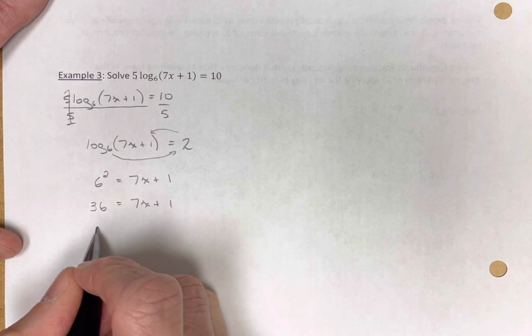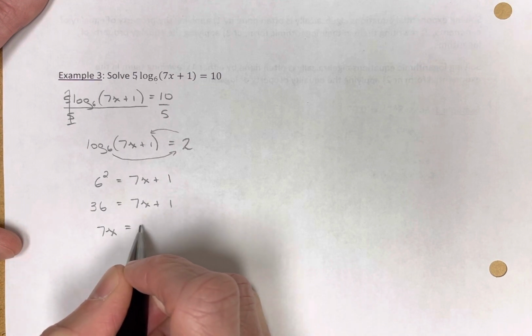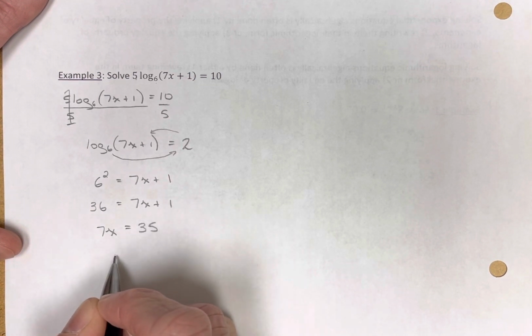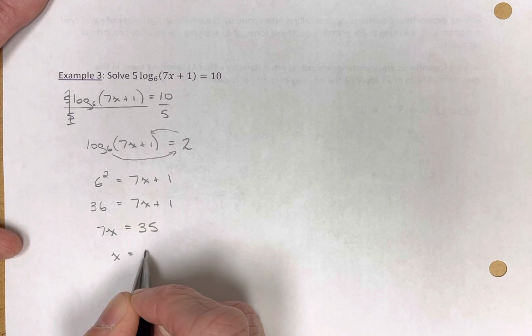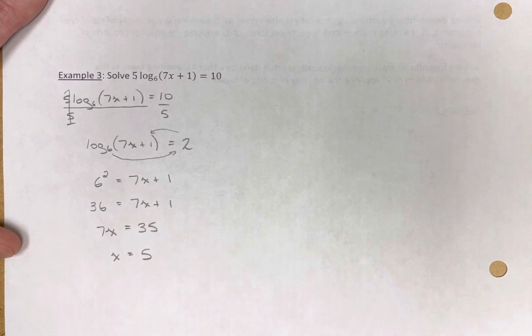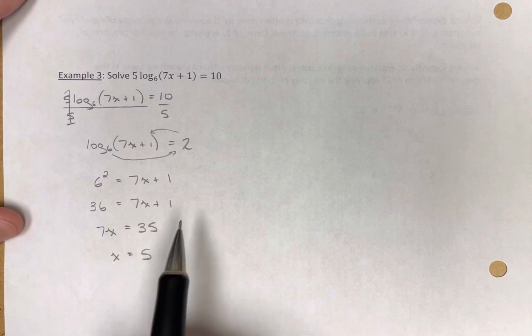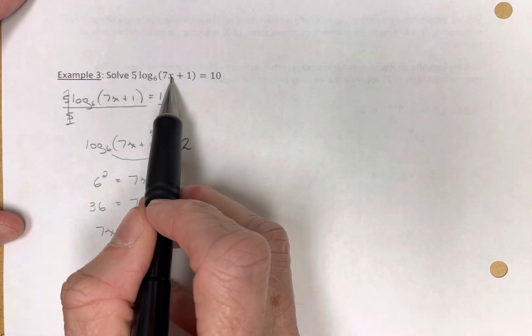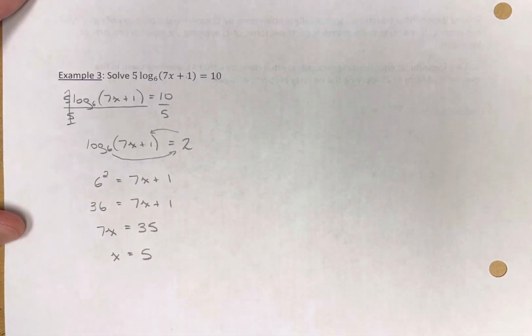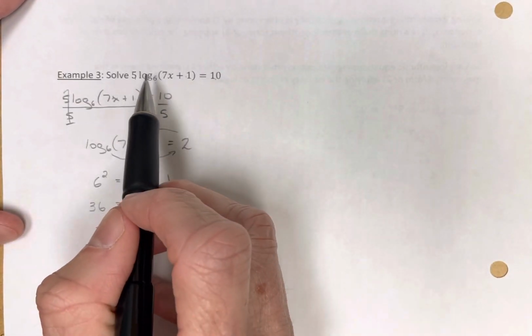Subtract 1 from both sides, and 7x is equal to 35. Divide both sides by 7, and 35 divided by 7 is 5. So there is the simpler of the 2 ways, and I'll let you check that. You can put 5 into here and see if this gives you 10,